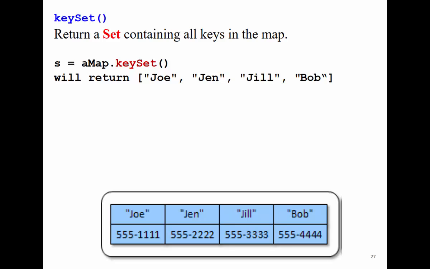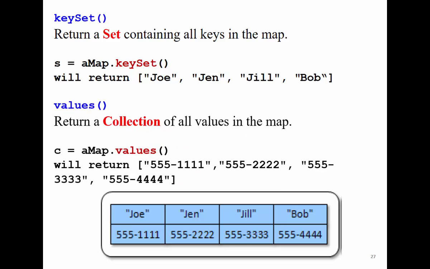Key set. I can return a set of keys. So if someone needs all the keys inside the map, he can use .keySet, which will return a set. So look here, set is an interface. It will return an object that can be assigned to the set interface. I can also return a collection, and again, collection here is an interface. I can return a collection that can be assigned to a collection interface for the